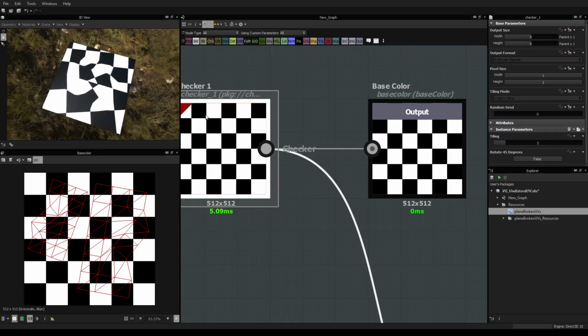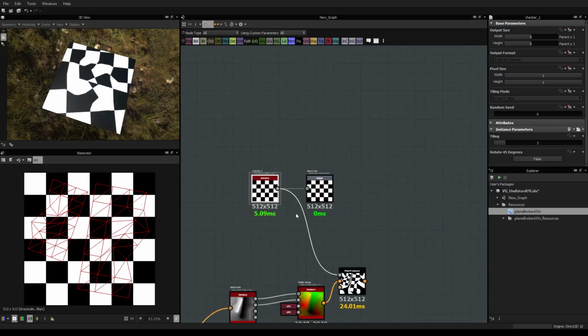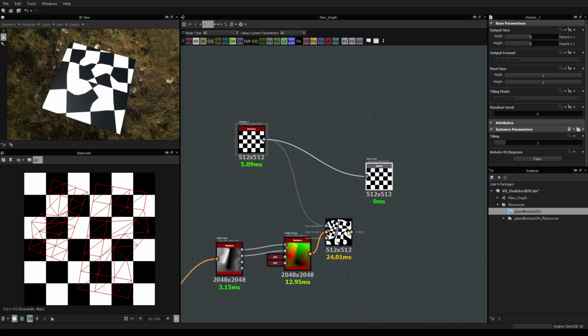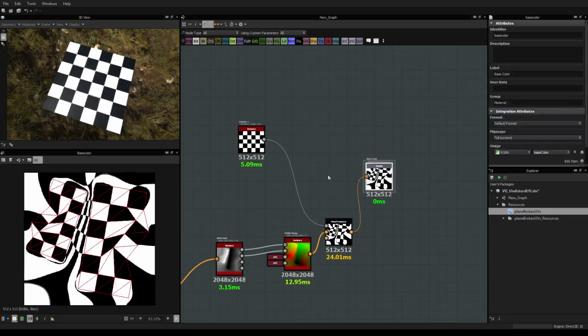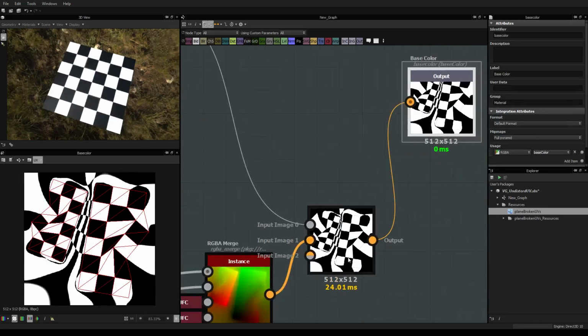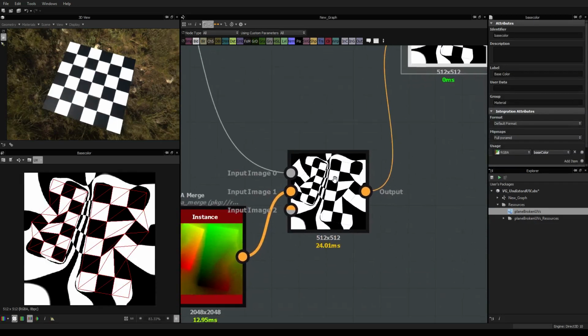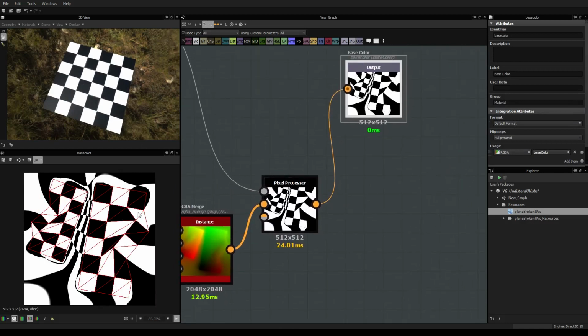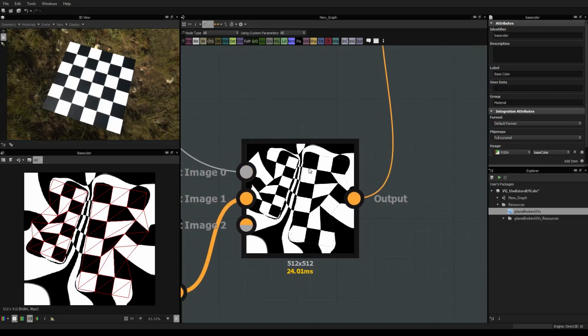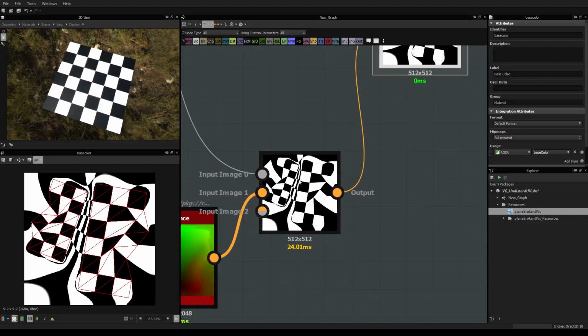Of course, that's not what you want. So imagine that you want to undistort these UVs. Well, that's what we're going to do today. Basically, we are going to build this pixel processor node, and that gives you this result. So it compensates the distortion of the UVs inside the texture itself.